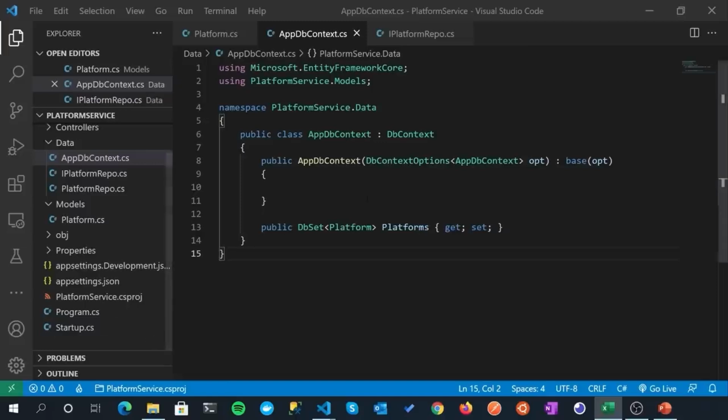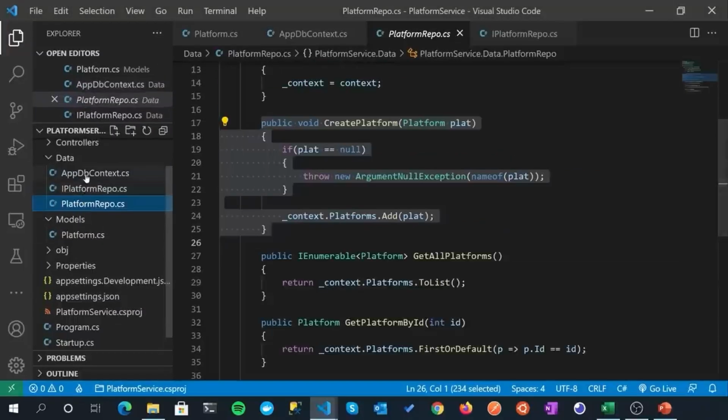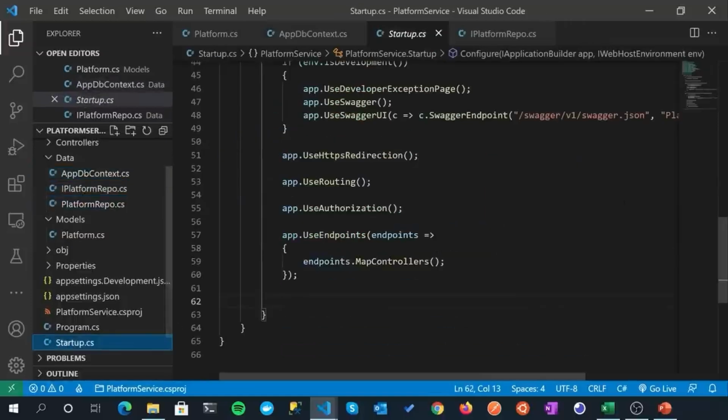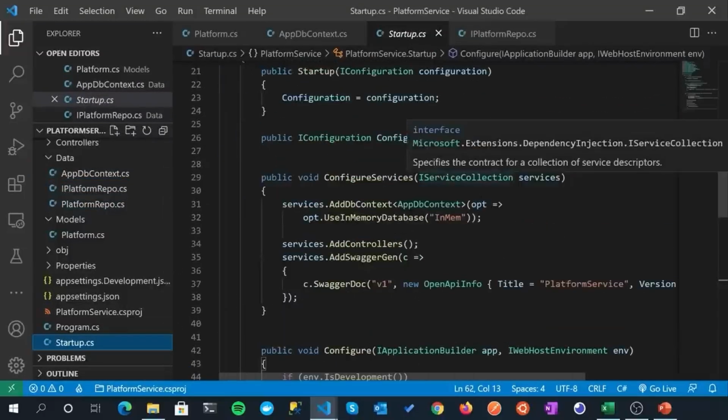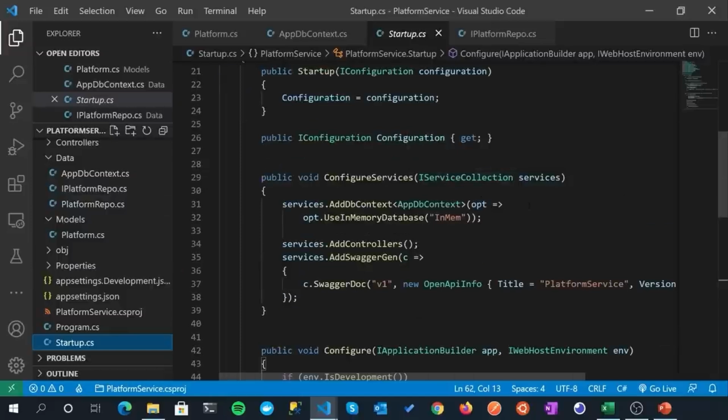All right, now actually just before we go on with creating our database preparation, one thing I forgot to do, having created our repository interface and our concrete instance of a repository, is actually register that for dependency injection, so that when somebody asks for a repository interface, we give them whatever concrete class we specify.